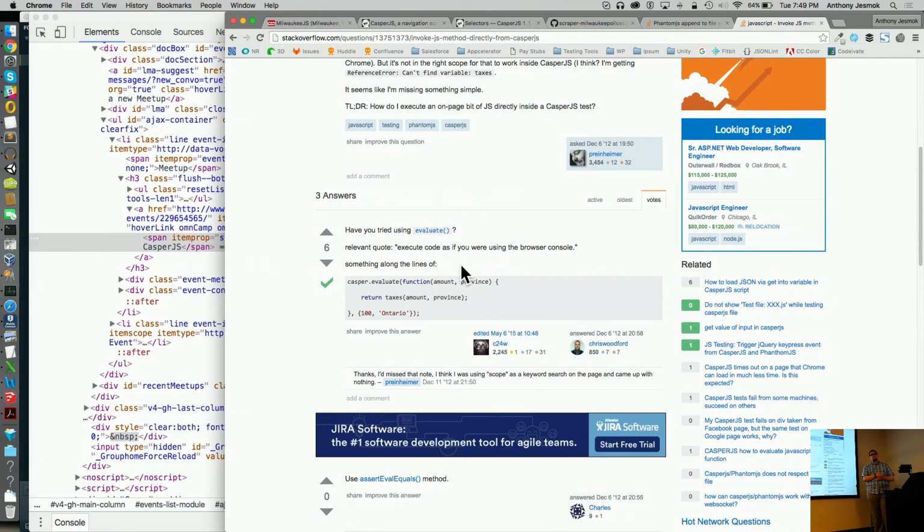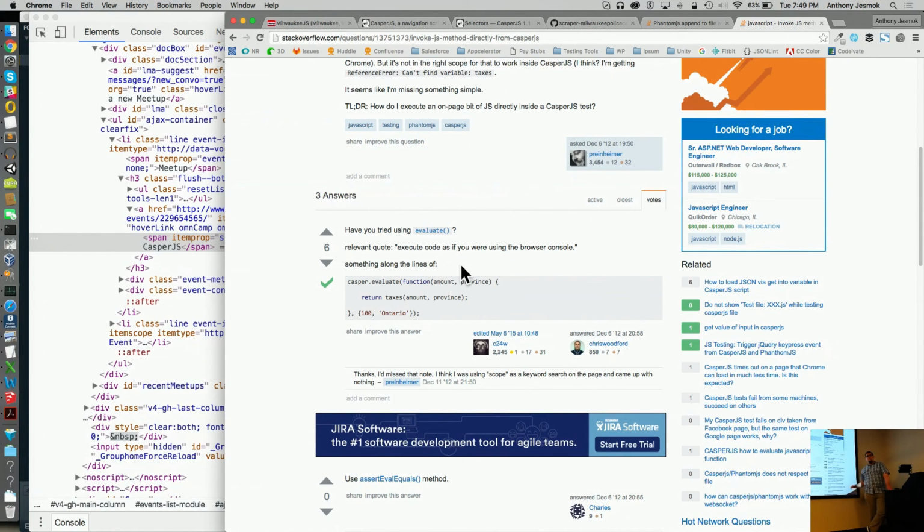So you just pull the AJAX off of that, if it returns data, as opposed to scraping it from the HTML. That's a detailed example, I'm sorry. Yes, you could likely do that. So if you're able to do it in the console, you can do it in CasperJS. So does anybody else have any more questions?